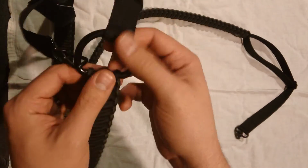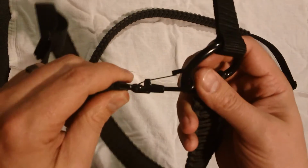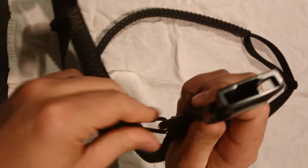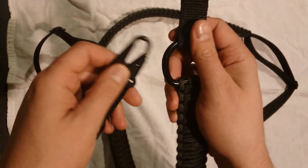So if you have it on your chest or whatever, this is going to swing around. I also use a fixed loop here, and the reason why I do that is when it lays on your chest like that, it lays a lot more flat than, let's say, an HK hook will. So here you got an HK,